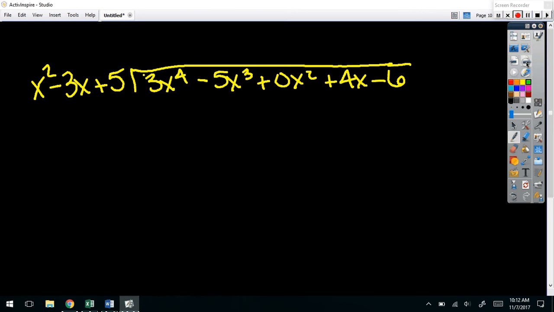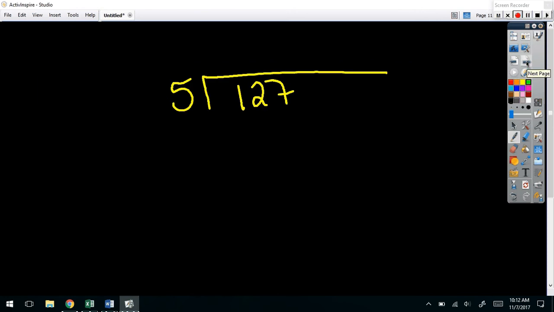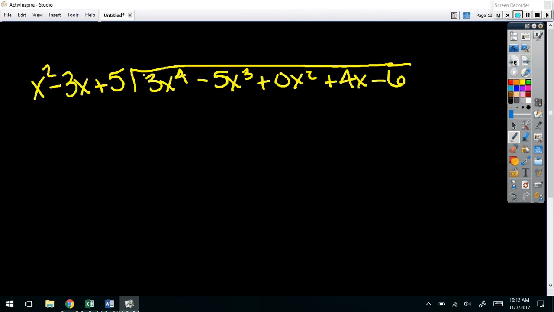Look at your example with the 5. I told you to tell me, just like you would tell a 5th grader, what it is that you do. You said, see how many times 5 goes into 12. What do I multiply 5 by to get close to 12? When I'm over on this side,